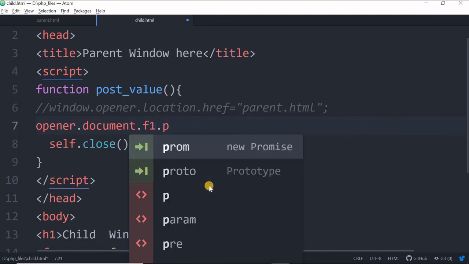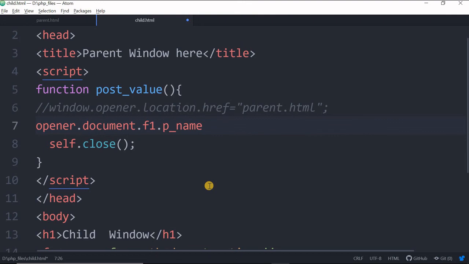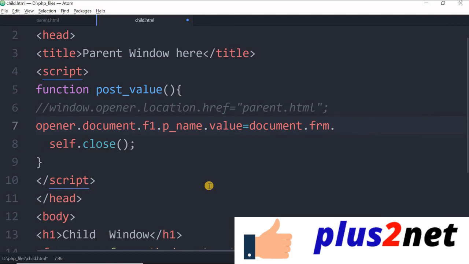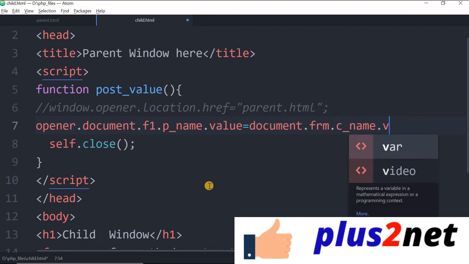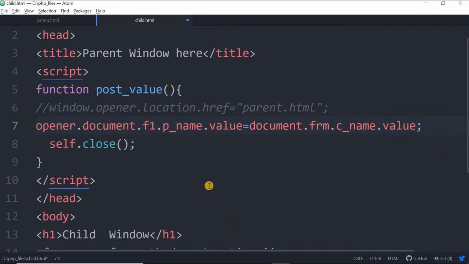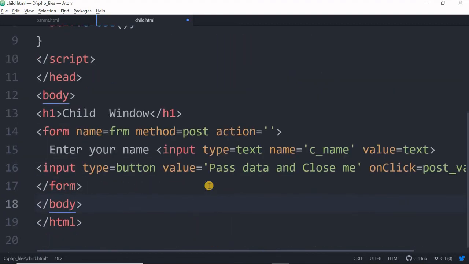Pname is the parent window text box name, value equal to document.frm, this is the form name we have given in the child window. Now this value is cname, the child window text box name, value. So that's all. This will be opener.F1.pname.value equal to document.frm.cname.value. This form we have seen here is frm, you have used it here.